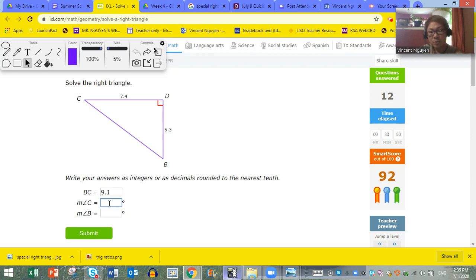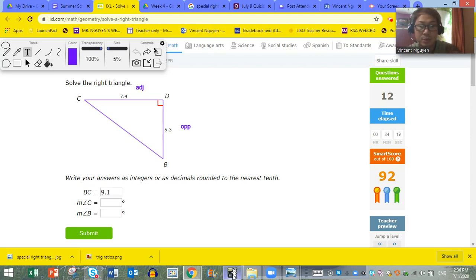To find the angles, remember we have to use inverse, right? So to find angles, let's say we're going to do angle C first. If we do angle C, then this is the opposite. This is adjacent. If we're doing angle C, correct? So which one has opposite over adjacent? It's tangent. Tangent has opposite over adjacent, right? So I'm going to do tangent of